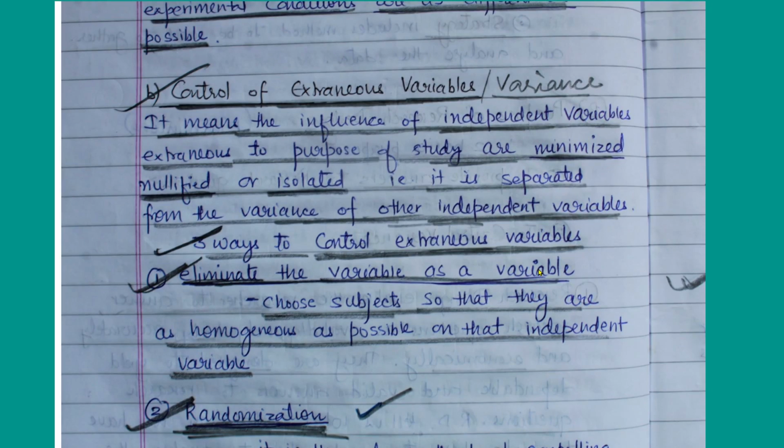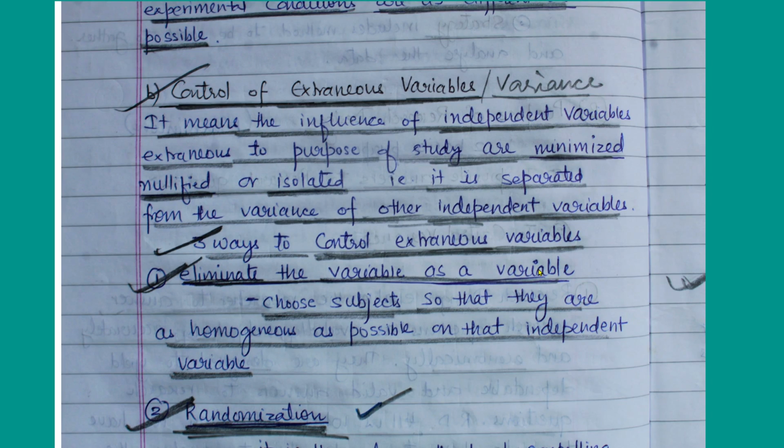Now the second comes control of extraneous variance or variables. Extraneous variables are those variables which affect your study but you do not want them, because we know the rate of adoption of a farmer is not only influenced by the knowledge which you are giving. Might be in the evening he is meeting his friends, might be he has joined some other NGO, from where he is also getting knowledge, but you want to study the knowledge or the modules provided by you. So you don't want the other sources of knowledge to interfere in your study, but they will interfere.